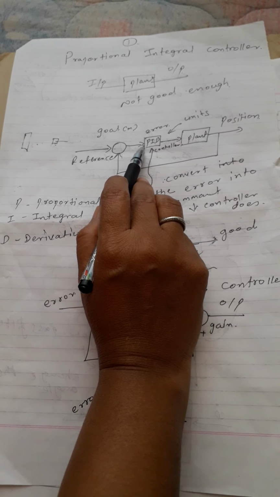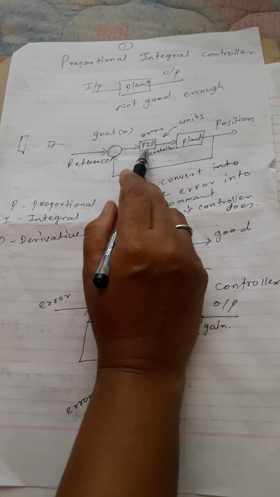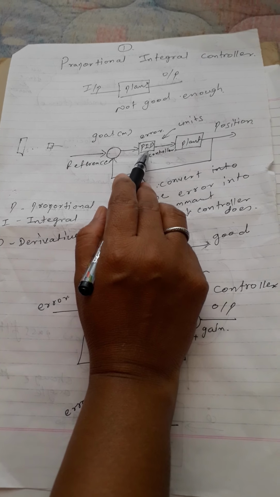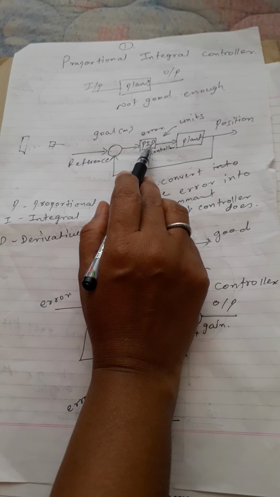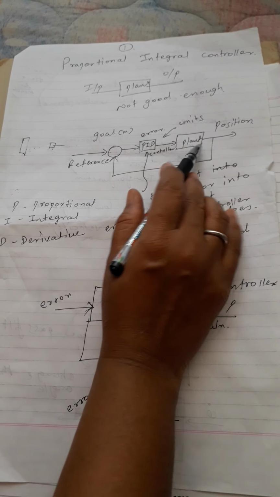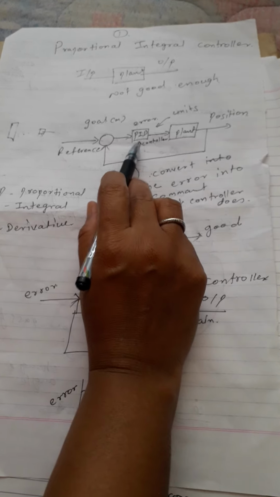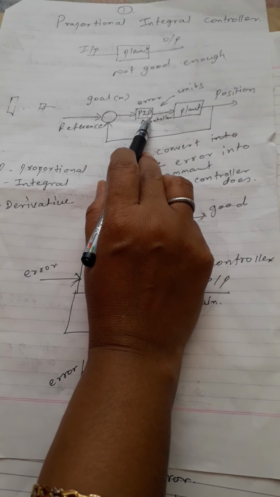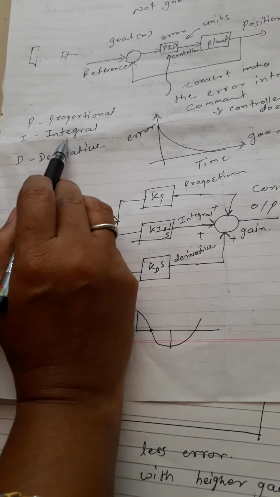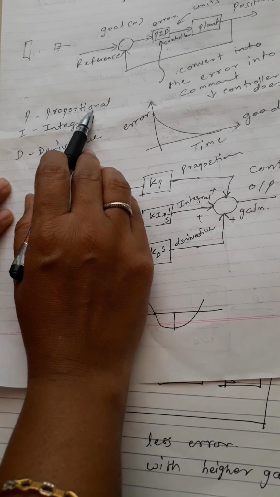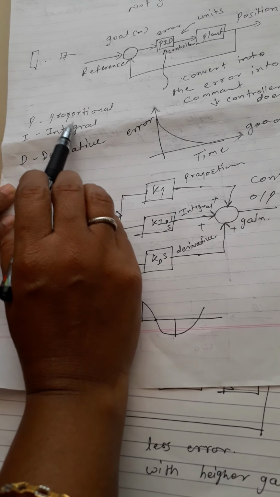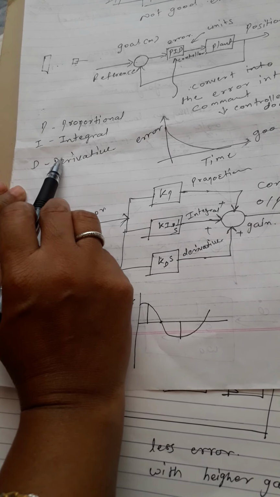For example, if we want 1500 speed but we are not getting 1500, if we are getting 1490, this means 10 RPM is nothing but the error. We are not getting the exact speed. So for that we are using the PID controller. Here there are 3 types of controller: proportional, integral and derivative controller. We have to go for the proportional and integral controller, but we should understand these 3 first.